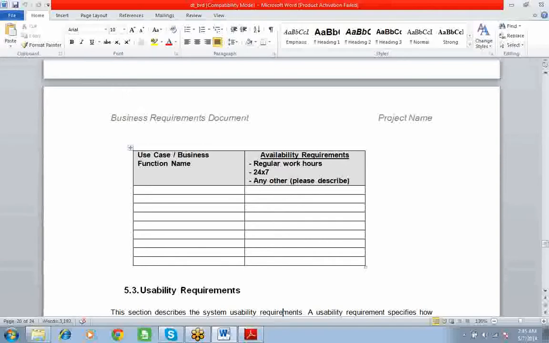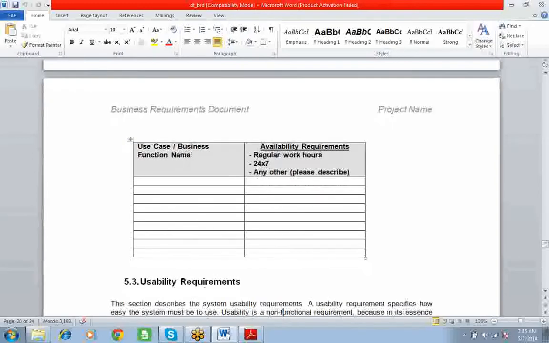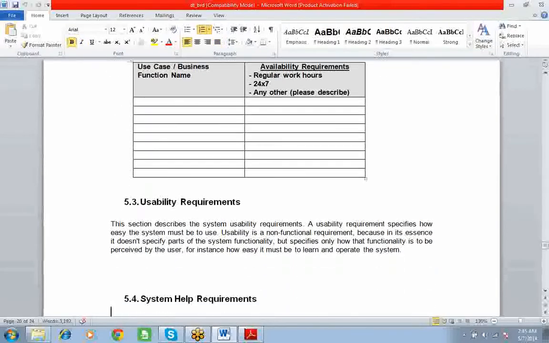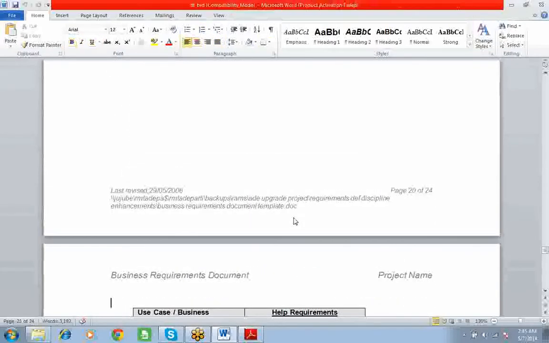Whatever it is, I'm talking about banking side, okay? Forget about it. So, like this, availability, at what time the application is available, you have to write it here. Is it 24/7 or any other? Mostly it will be 24/7, but some types like admissions or banking applications you will find only at a particular time. That's it, okay?